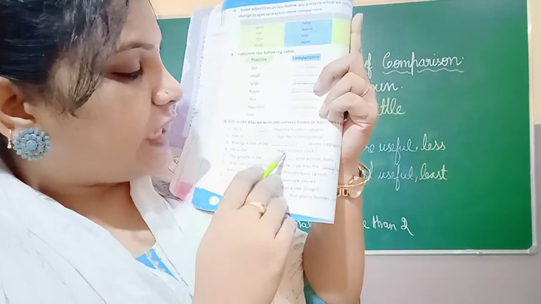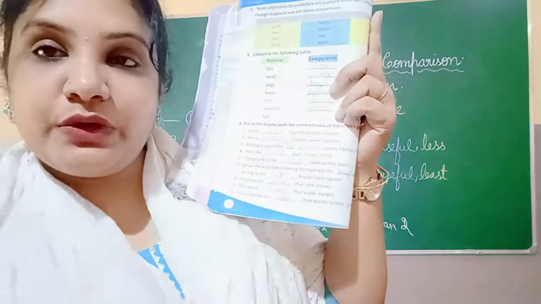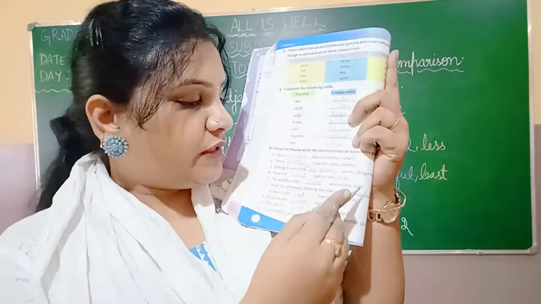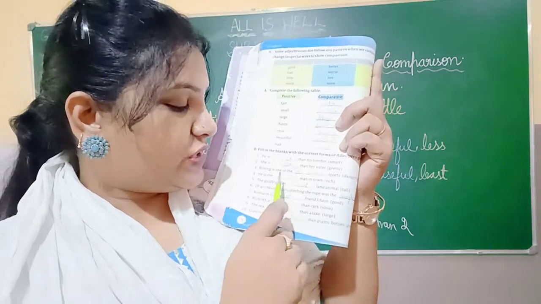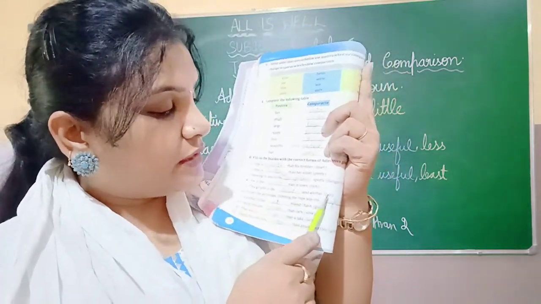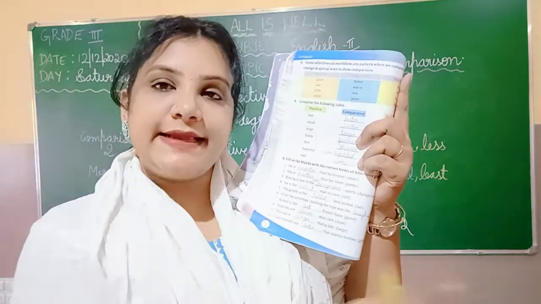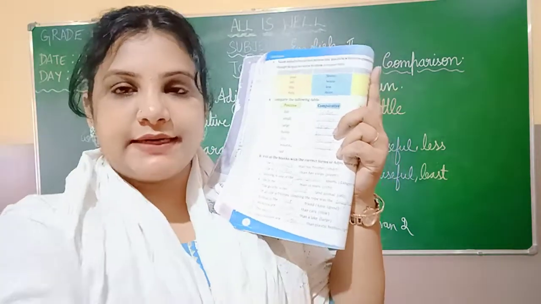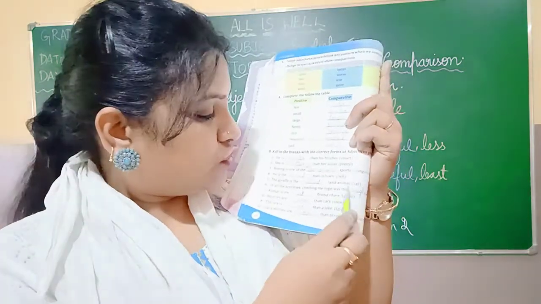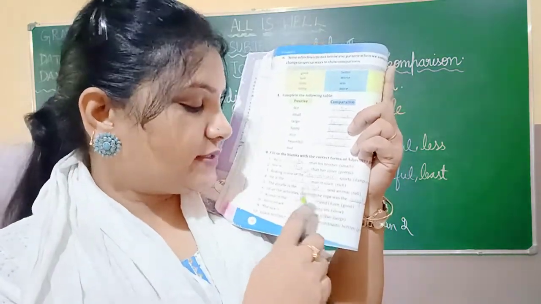He is the dash man in town. We are comparing him with the people of the whole town. So, it is a superlative degree. That means rich will become richest. The giraffe is the dash land animal. Among all the land animals, we are comparing all the land animals with the giraffe. So, it is again a comparison between more than two. So, tall will become tallest.